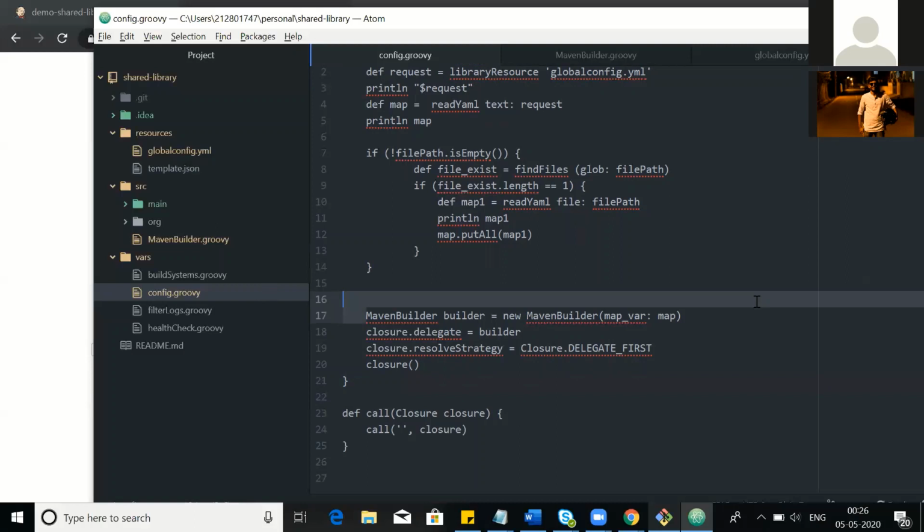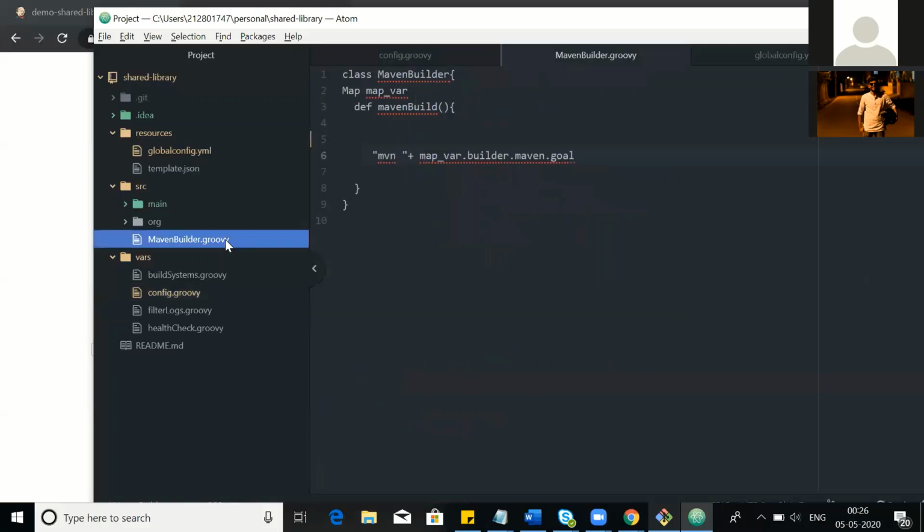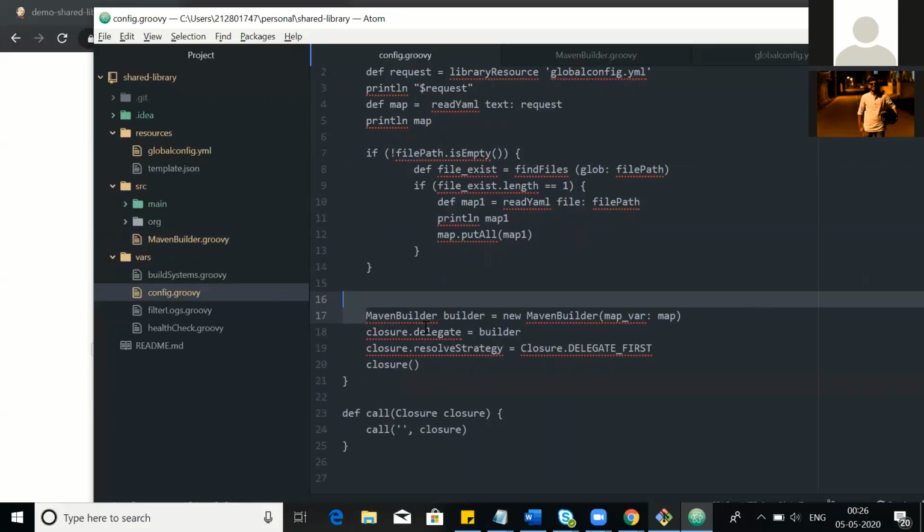We have created a Maven builder .groovy in the SRC. So we are creating a Maven builder object and delegating the closure. The closure is getting delegated to this builder object, and we can have multiple resolving strategies called delegate first, delegate only, owner first, owner only, and so on.